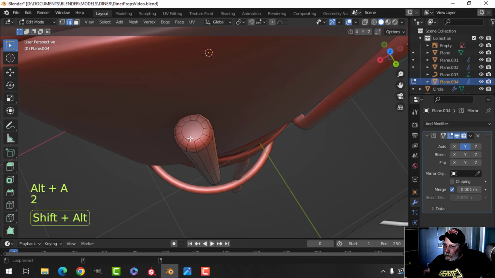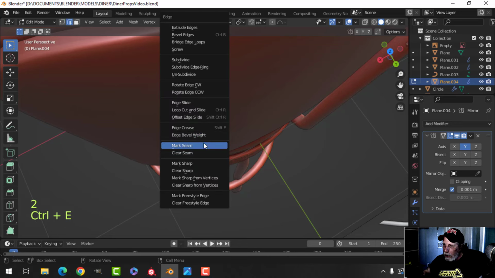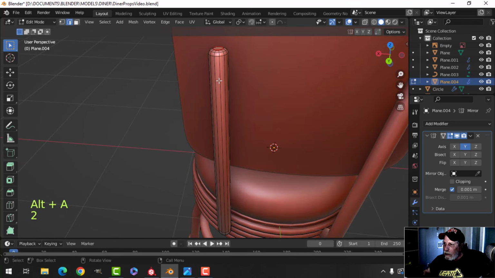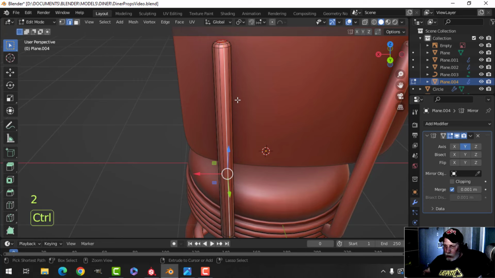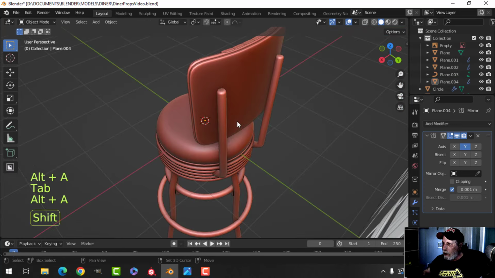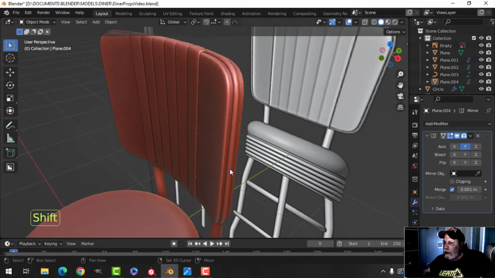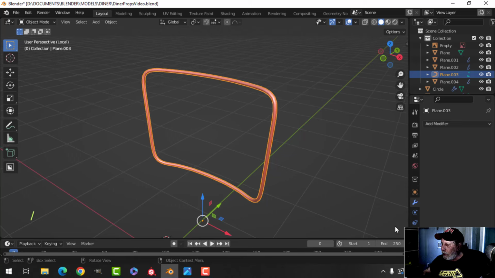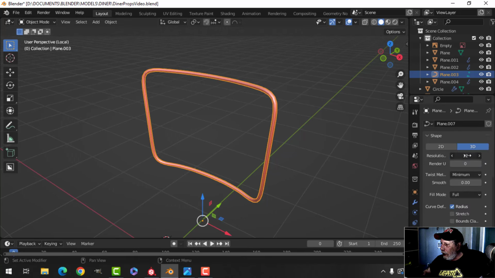What I'm going to do is Shift Alt and click there. We're going to want a seam there. Remember, this is mirrored, so that's fine. And I'm just going to drop a seam down here. Shift Alt and click one of these edges. Control E, mark seam. That'll go on the other one as well. We'll be joining this stuff in a bit. And for this, I'm just going to press the slash key to focus on this. This is a curve. I'm going to choose